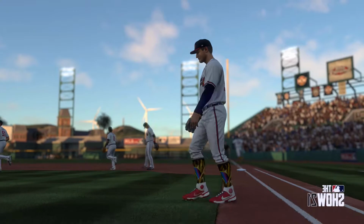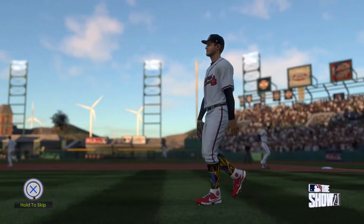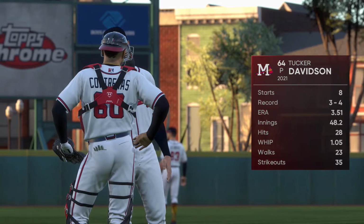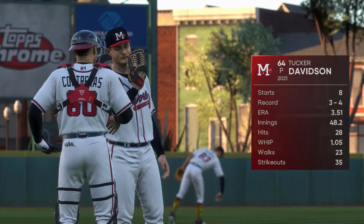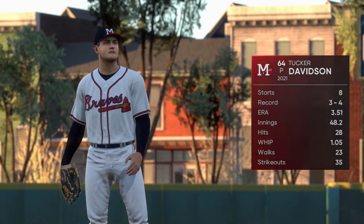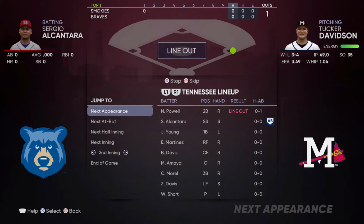For your Mississippi Braves, Tucker Davidson, a Texas-born left-hander, gets the starting nod. Dan Plesac, what's the word on him? Hey, in this day and age where we're all into numbers and statistics, look at this WHIP, 1.10 or less. He has a sub 1.1. That's not an easy thing to do, especially...